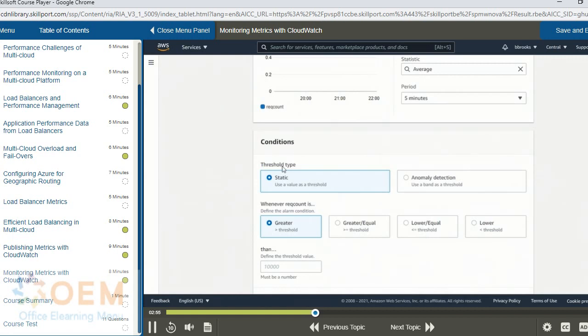So under threshold type, I can do anomaly detection, or I can just do a static condition. So I'm going to do a static condition. And the static condition is whenever REQ count is